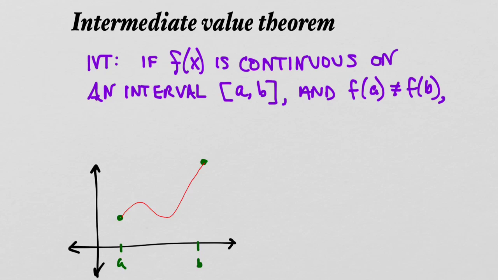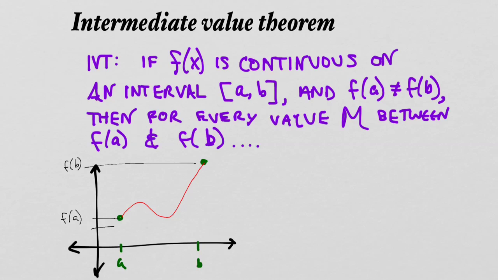So all that means is that these heights are different. This would be the height of f of b, and this guy would be the height f of a. So assuming that those values are different, then what the theorem says is that for every value that we're going to call m that lives in between f of a and f of b, so remind yourself that f of a and f of b are y values. So what we're saying is that every m in between f of a and f of b, so every vertical value in between f of a and f of b,